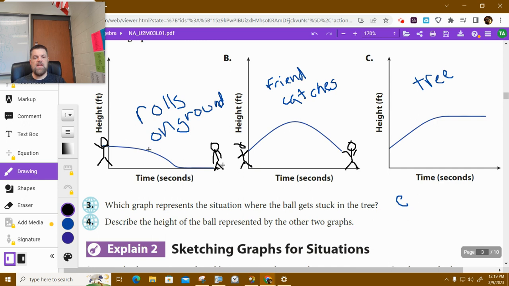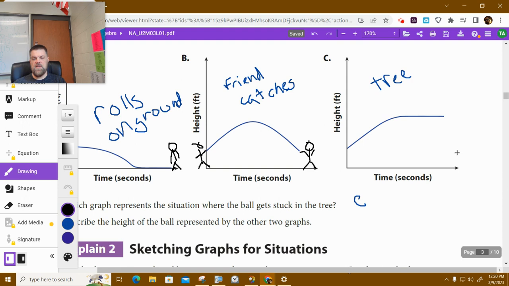But the ball hits the ground and rolls to them. This one over here, you have the friend here, and they're this high off the ground. But then you also have, in the background here,